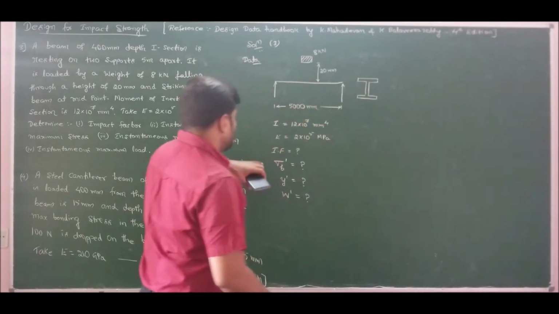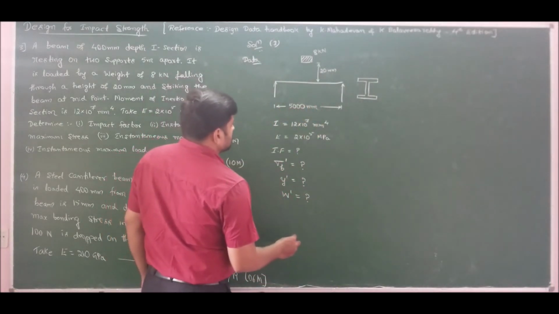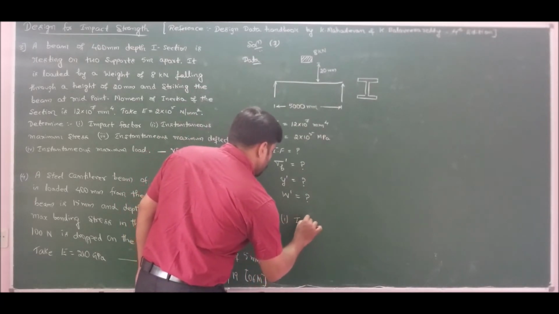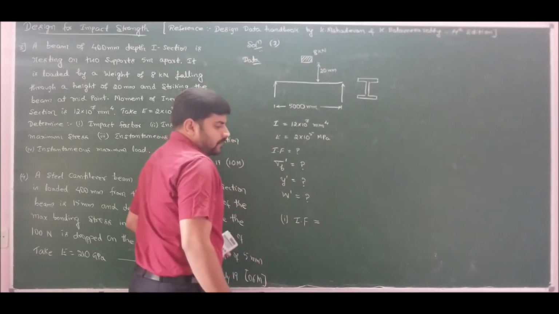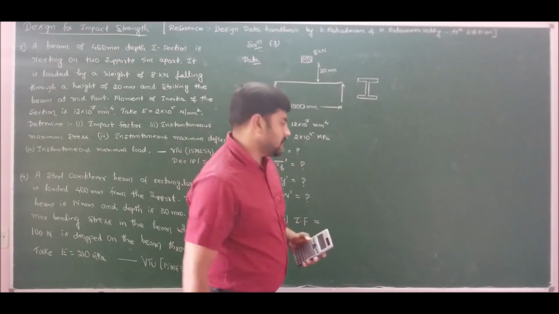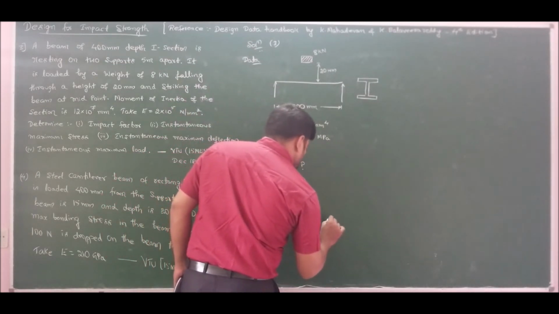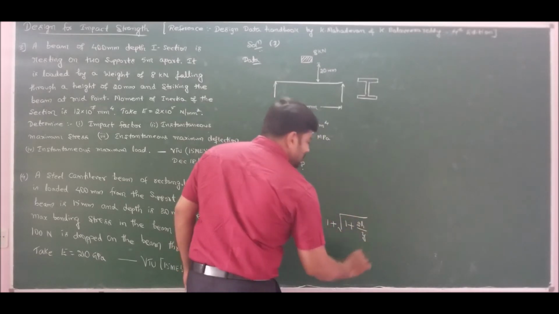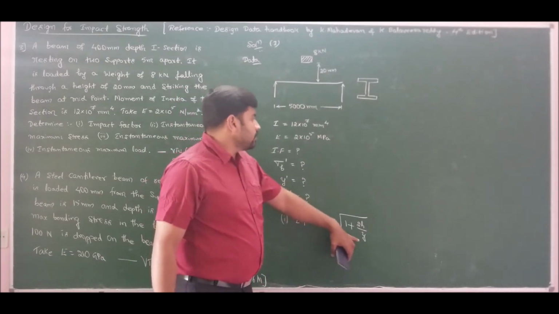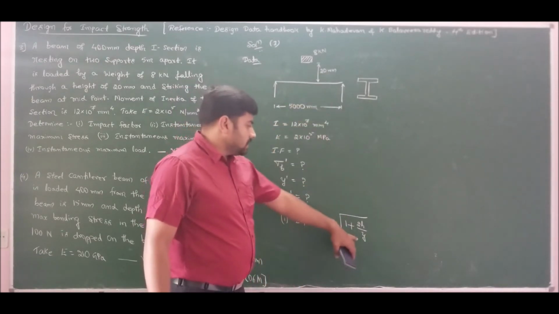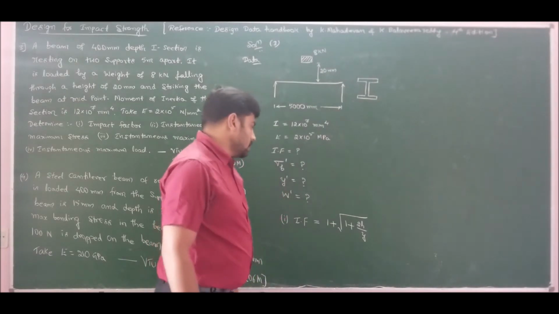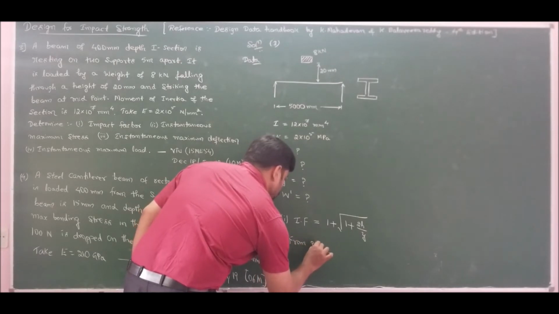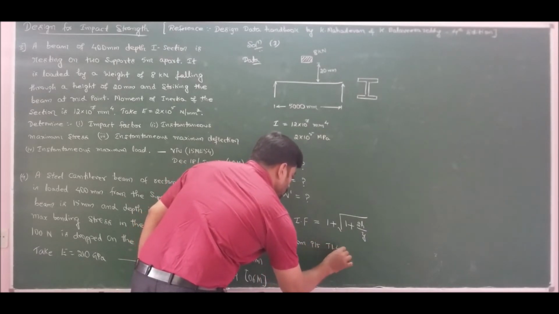So now moving on to solving the problem, let us determine the impact factor. You know the formula for impact factor. If you have forgotten, you can refer to equation 2.26 of our design data handbook. The impact factor is given by 1 plus root of 1 plus 2h by static deflection. Since we are solving a problem on bending condition, the deflection equation should be taken from the data handbook, referring to page number 15, table 1.4 of our design data handbook.